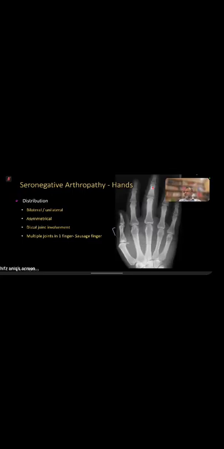Now, in this case, you can see that there is a sausage finger. Although you can't see any bony changes, this finger is inflamed. It means multiple areas are involved in one bone. You can see multiple joints can be involved in the finger as well. Now, look at the erosions. Periarticular erosion. Look at that. Compared to